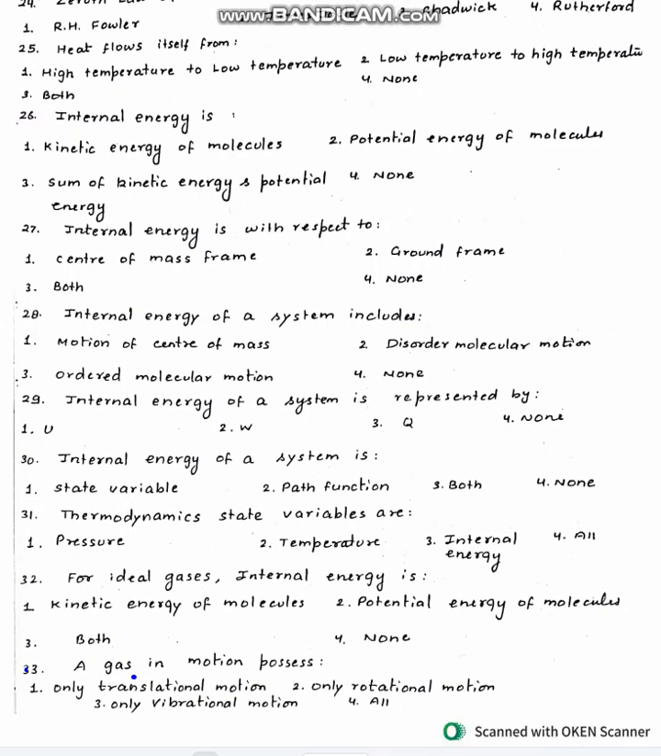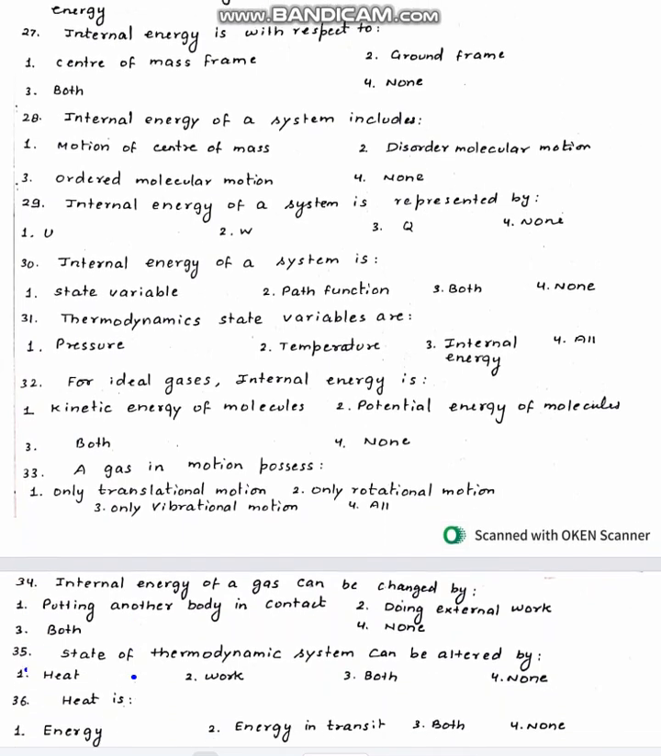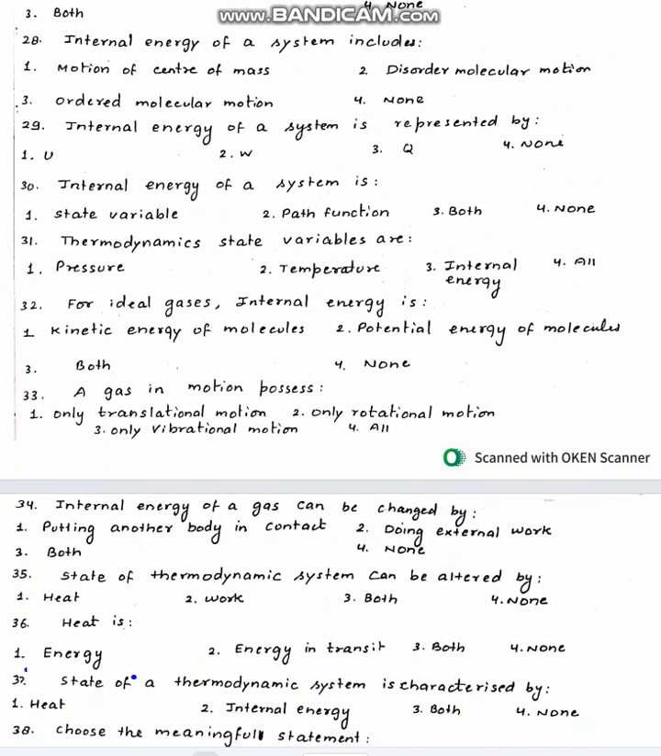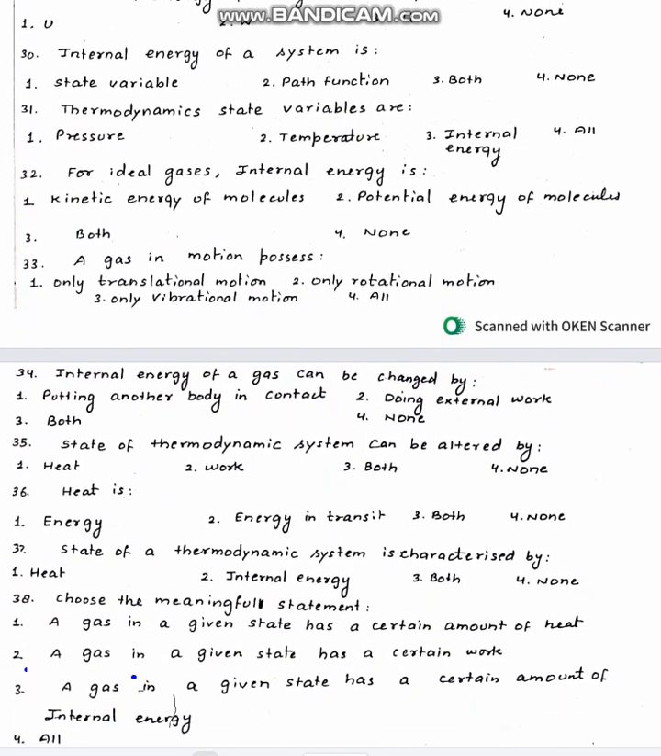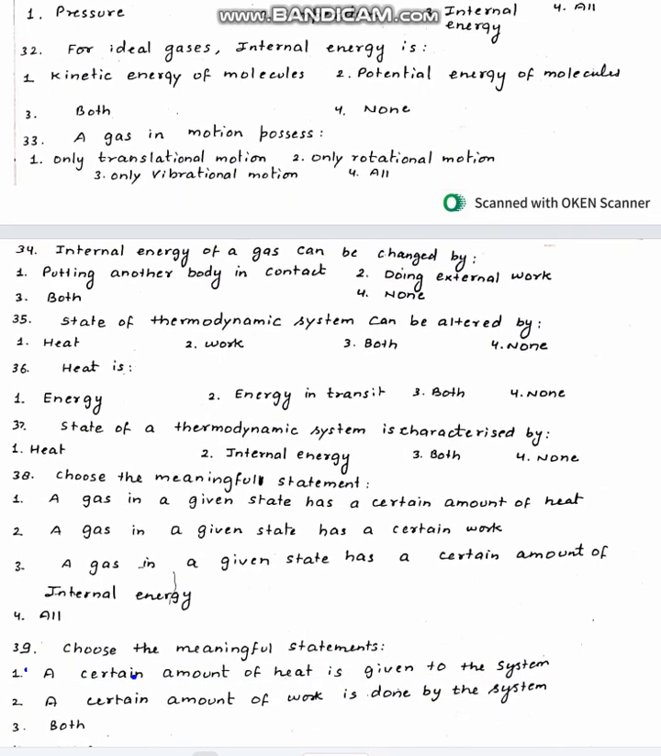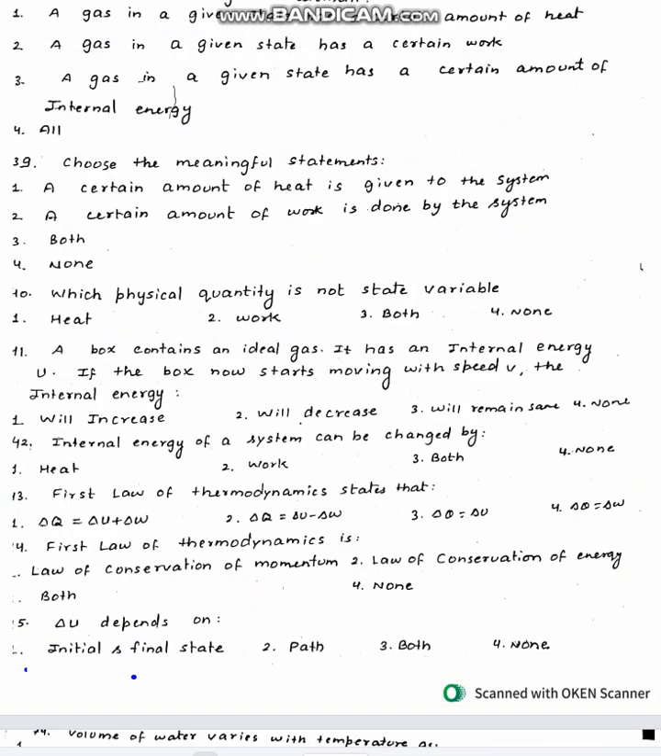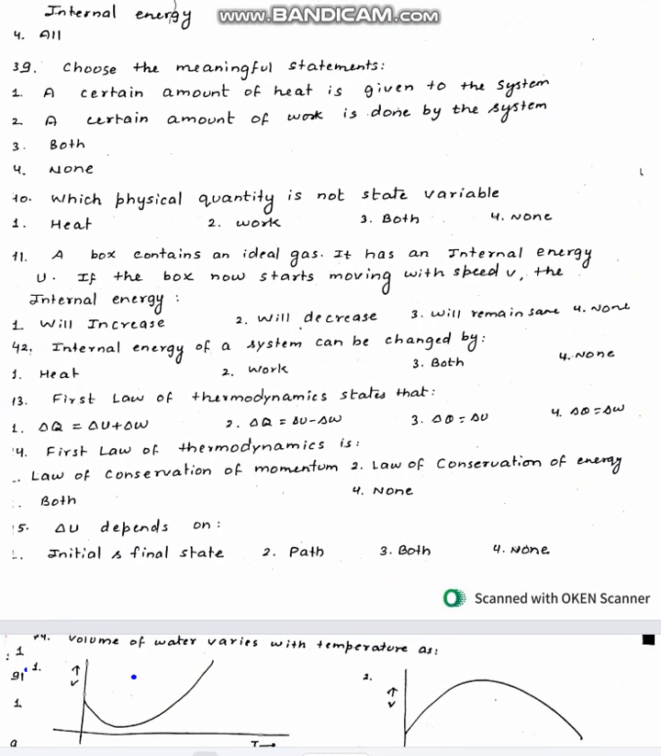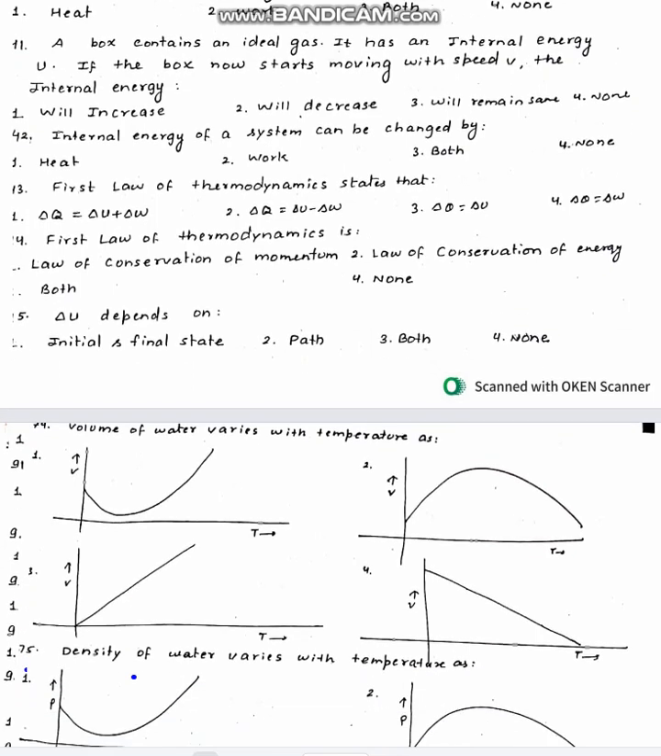Then thermodynamic state variables are. Then ideal gas internal energy is. Then a gas in motion possesses which type of energy. Then how to change internal energy. Then state of thermodynamic system, alteration, heat, state characteristics. And then some meaningful, non-meaningful statement. Then it's about heat, work in both. Then about an ideal gas contained in a box. Then we have first law of thermodynamics, delta U,